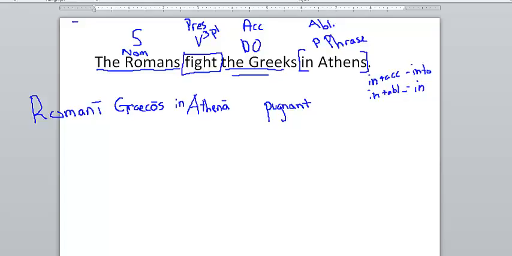And there it is. So the thing to remember is that you make sure you label everything ahead of time, so that when you translate it into Latin, you're using all the right endings. And that way, if you read it back to yourself, it will make sense. So if we try reading this back to ourselves,